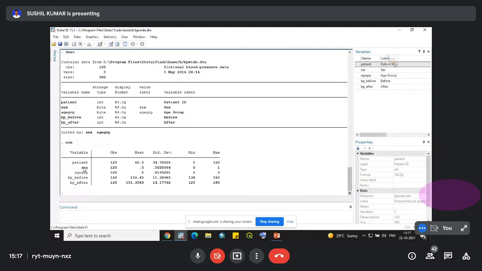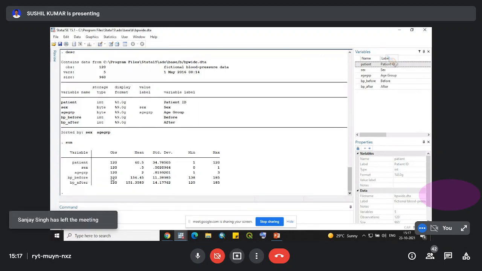For gender or sex, the number of observations is 120, mean is 0.5. Since gender has value 0 and 1, it is a categorical variable, and therefore the standard deviation is 0.5. Age group has 120 observations, mean value is 2, and it is categorized as 1, 2 and 3, so the values are 1 to 3.